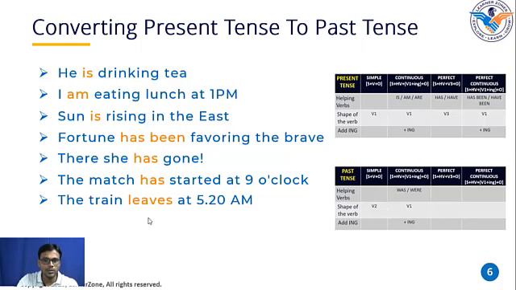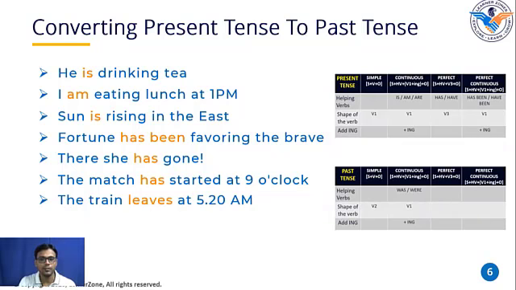This is in simple present tense because we are not using any helping verb here. Neither are we adding ing to the first shape of the verb. It is just written as the first shape. Leave is the first shape of the verb. Leave, left, left. Okay? So now, Shahan, I want you to convert this sentence into simple past tense. In order to convert this to simple past tense, you just need to replace the first shape of the verb with the second shape of the verb. Convert it. The train left at 5:20 a.m.